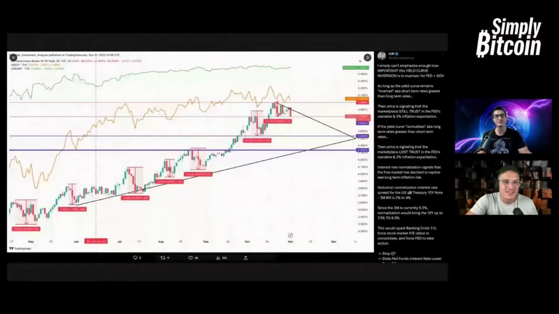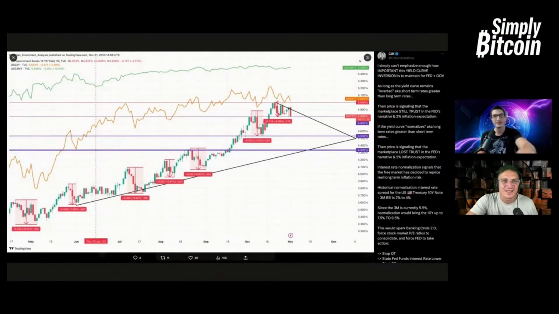Like in that one tweet, his comment was trying to figure out what's happening with the long end of the curve. He can't just figure it out, because he can't say out loud, people are starting to lose trust in us. People are starting to question our 2% target. As they question the 2% target, those yields have to rise because those people are looking to be incentivized, and to be incentivized, the real rate has to be positive. So those yields have to keep going up. With the 3-month bill at 5.5%, if we normalized, the 10-year would go all the way up.